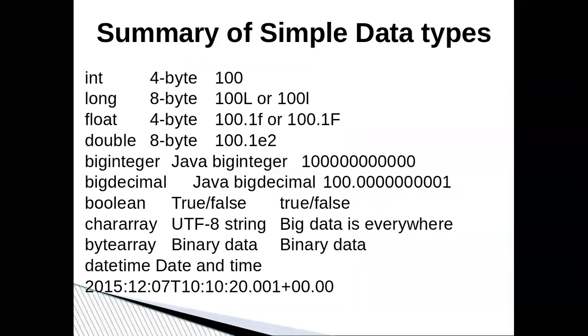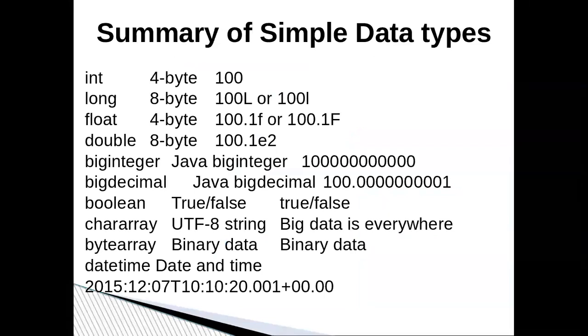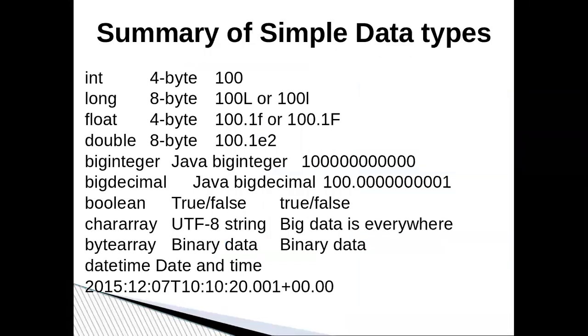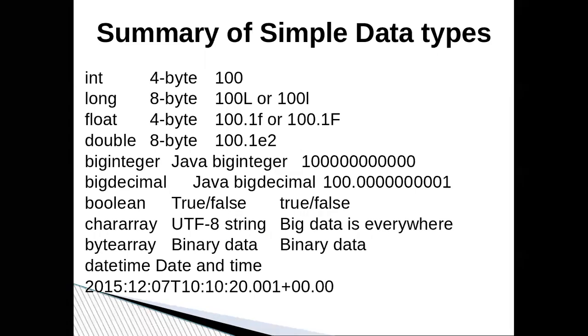I won't be discussing too much about them because once we are analyzing data, all these will come automatically. So int is there, long; you can see how you need to represent them and what the size is. Int is 4 bytes, long is 8 bytes, float is 4 bytes, and so on. Big integer and big decimal are the same as the Java big integer and big decimal. Then Boolean for true/false, chararray for strings, and bytearray for binary data. It stores the data as a blob, a binary large object. And this bytearray is the default data type in Pig.